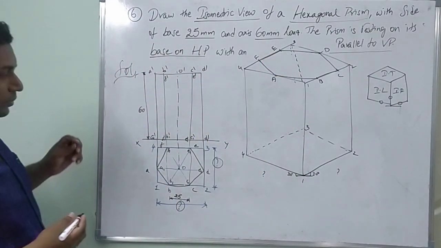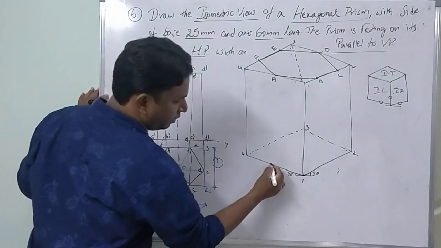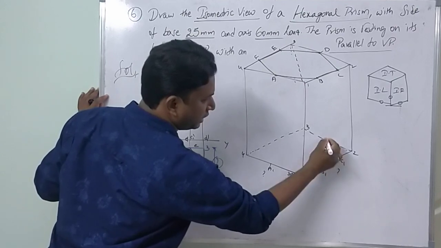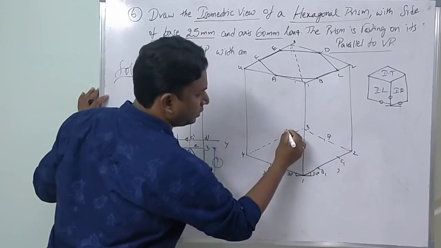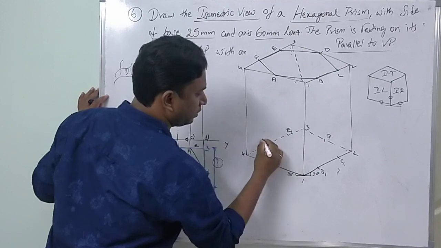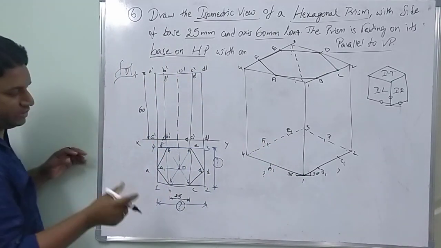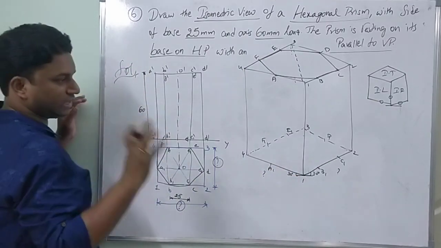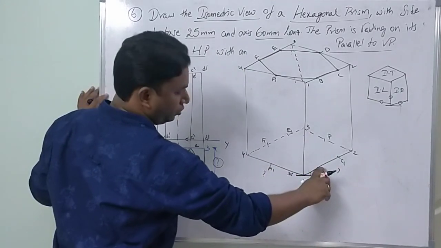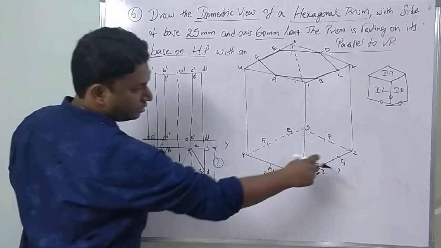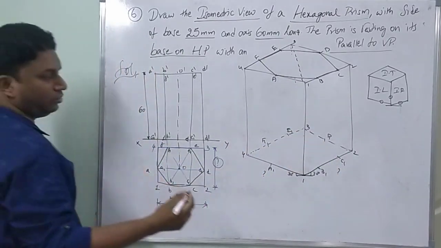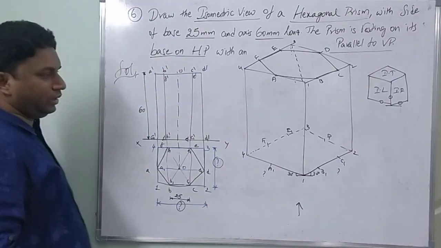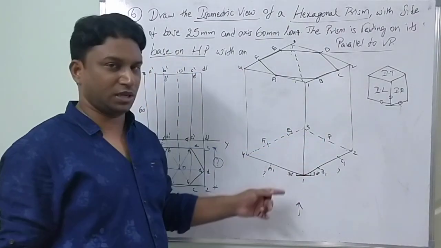Top hexagon. Now bottom hexagon, same: A1, B1. From here 1, 2 to here, cut A1, B1, C1, D1, E1, F1. Measurements: 1 to A, 1 to A1. Same bottom and same points. 1 to B, 2 to C, same. Now if you observe from this particular point of view, you can observe a hexagon here, but